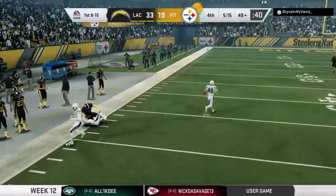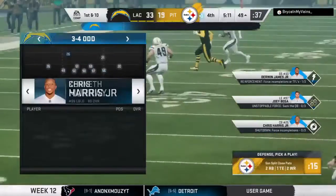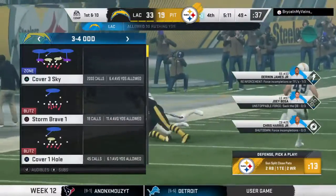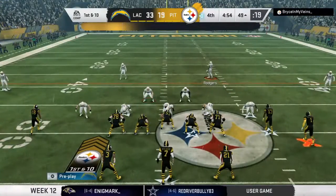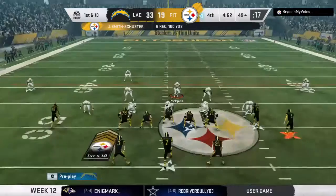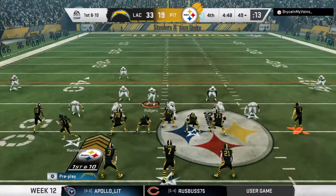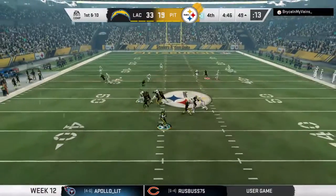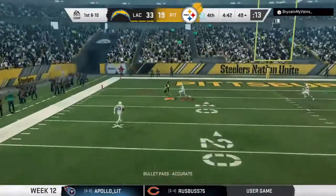Now a deep ball here, hauled in just past the 50. A good pickup there, 26 yards. And at this stage, down in the second half, looks like they just wanted to find a way to get it in the hands of their playmaker, and they did. I think you're exactly right. I don't think the coordinator's looking at his play sheet and trying to figure out which play will work well. He's trying to figure out how to get the ball to the playmaker that you just described. Looking down at that sheet, you find...